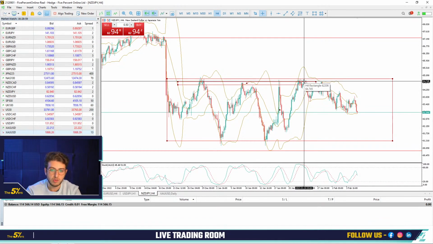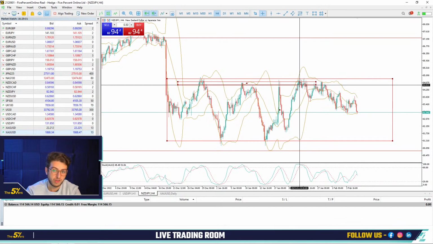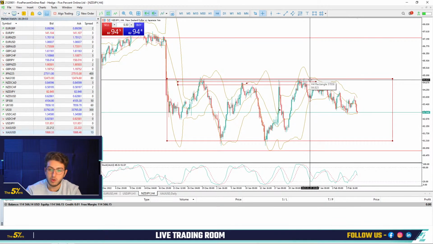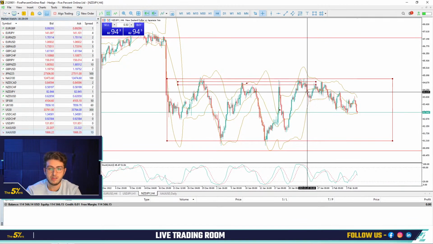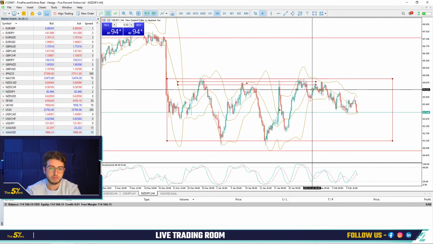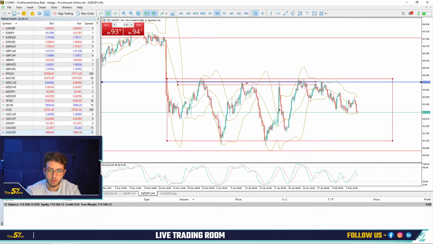So here there is no confirmation to wait for, because if you wait for the confirmation, the risk reward will be completely bad. Let's say the market is here. I wait for the market to go down, then the market goes down here, and you say, yeah, I'm selling here. The risk reward is completely down. In contrast, if you enter a sell here and you put the stop loss above, between here and here,